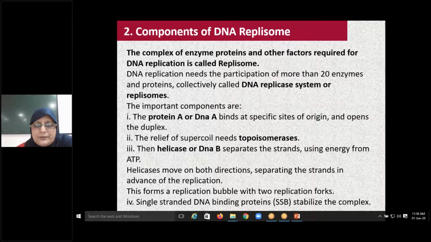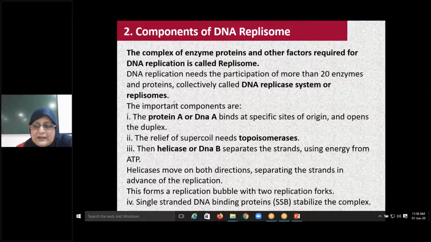Now, what are the components of the DNA replisome? At first, we'll see what a replisome is. The complex of enzymes, proteins and other factors that are required for DNA replication is called the replisome. So whatever the requirements are for replication to occur, we call it a replisome. So what does replication require? It needs the participation of more than 20 enzymes and proteins, which are collectively called the DNA replicase system or